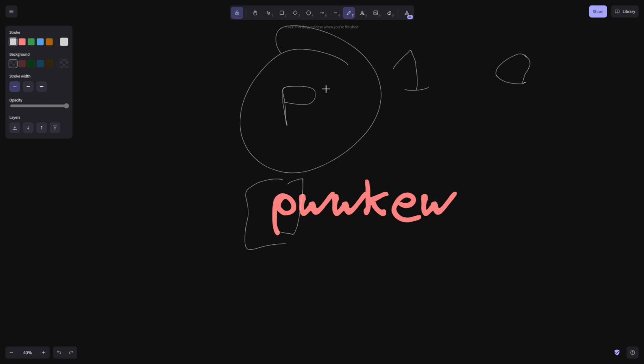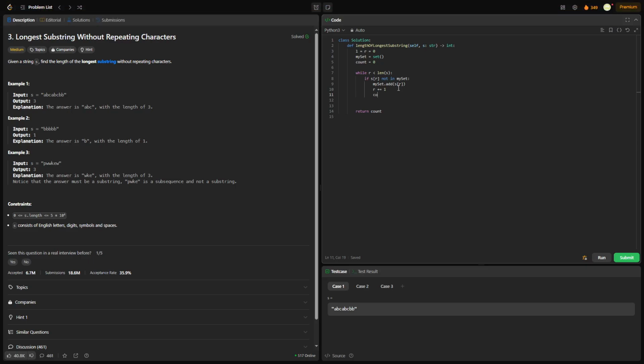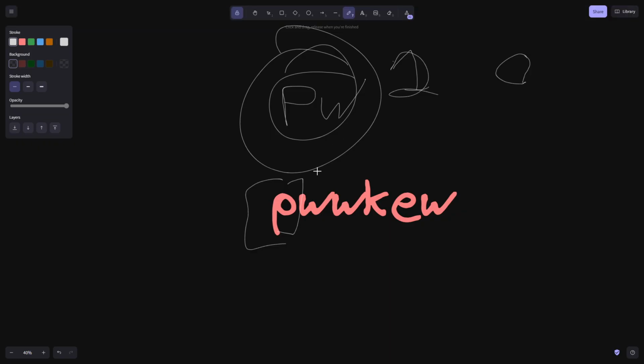In the next step, we would add w to our set, and this length here is 2, and that's bigger than 1. Makes sense, obviously. Okay, so the way we're going to do this, we're going to say count, and we're going to take the max between count and the length of our set. Initially you could basically just do,